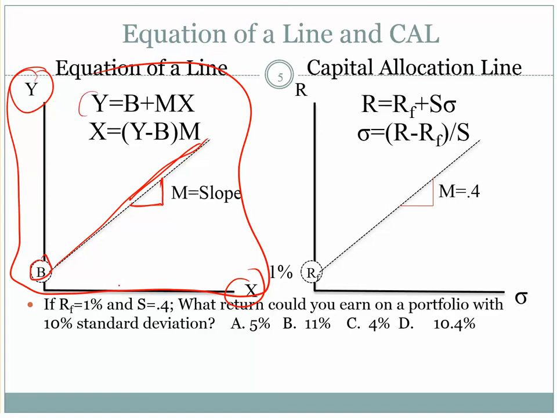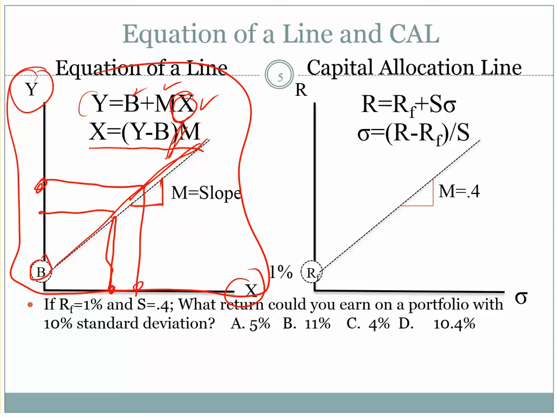So if I have a value of x and I'm looking for a point on this line, I can plug in the slope and the y-intercept into my formula, and it'll give me y. Likewise, if I had a y value, I could solve this equation for x and see that x is equal to (y minus b) divided by m. And you can plug in a y and you would get